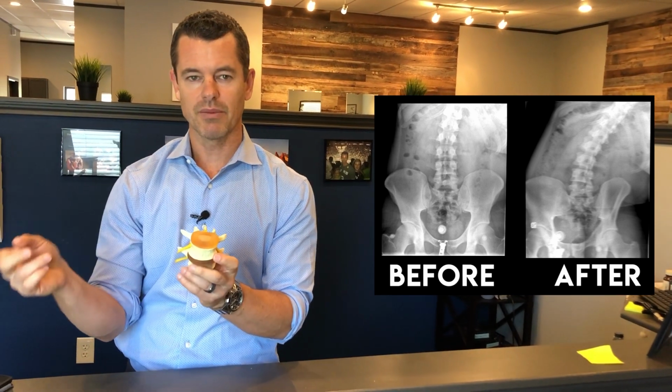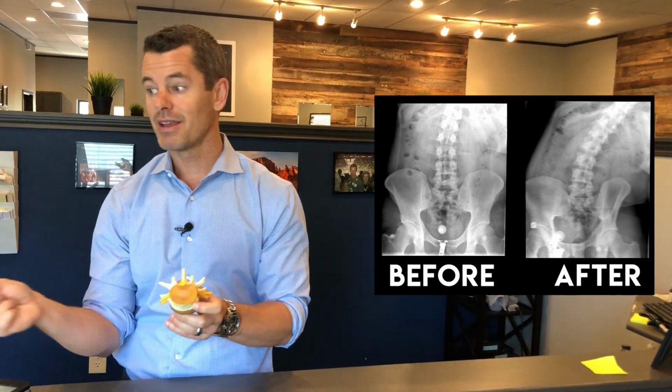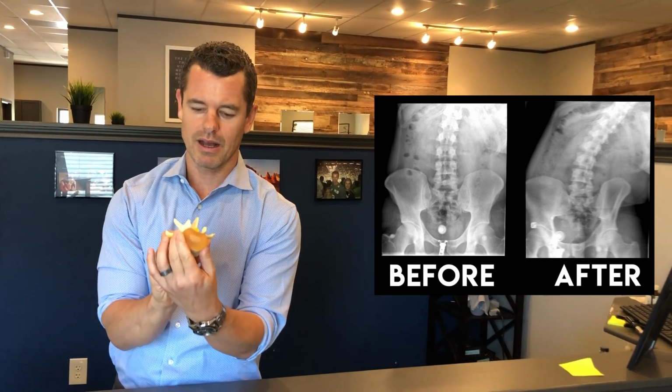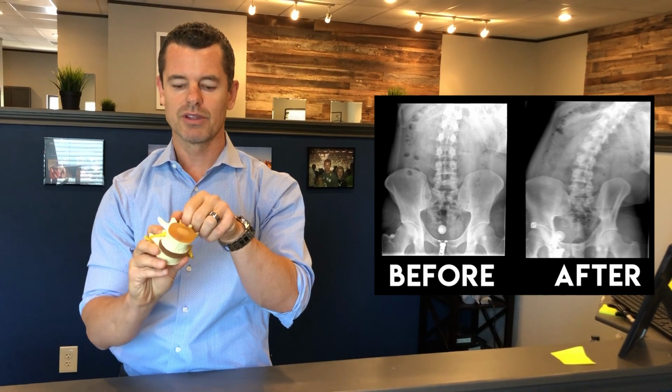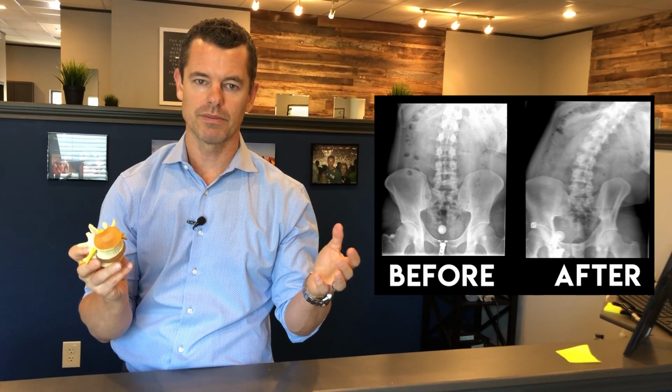And so you can see when he bends to the side, these bumps remain in the center. Now you see in the after picture, you see him bending, not only bending a lot further, but these bumps, they're moving to that same side, aren't they? So that means they're naturally rotating in the direction they're supposed to. So that's kind of more of a subtle finding, but that's something that we look for in all of our